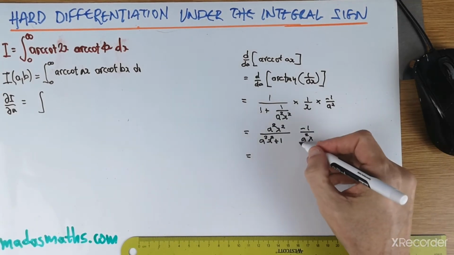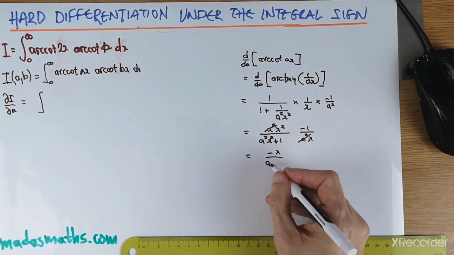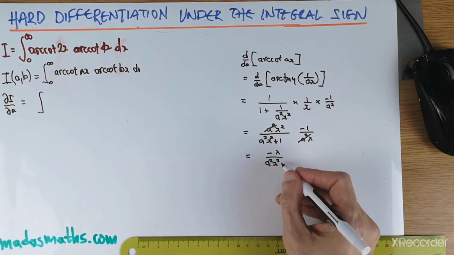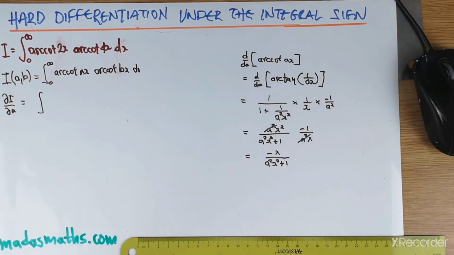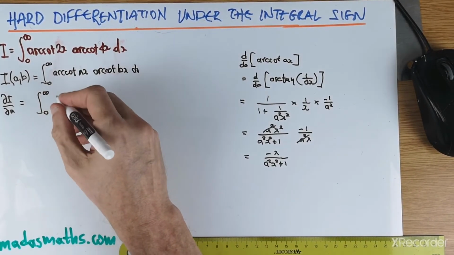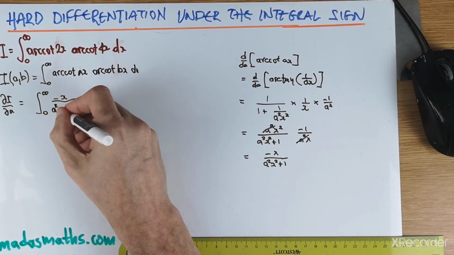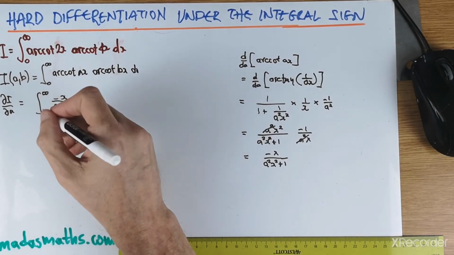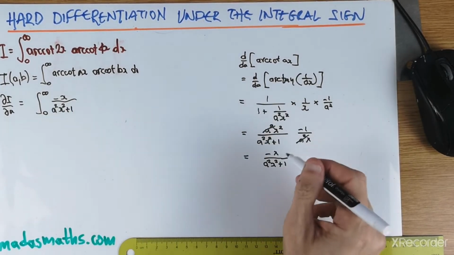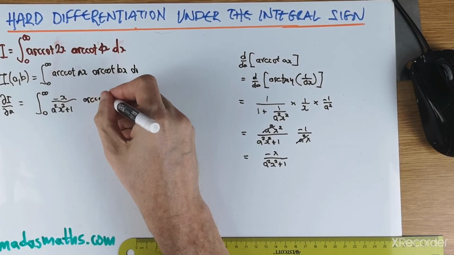All of this, we're going to lose the a squareds, and we're going to get minus x over a squared x squared plus 1. So I think that is correct. So returning to the integral that we're doing, zero to infinity, minus x over a squared x squared plus 1, and we still have the arc cot of